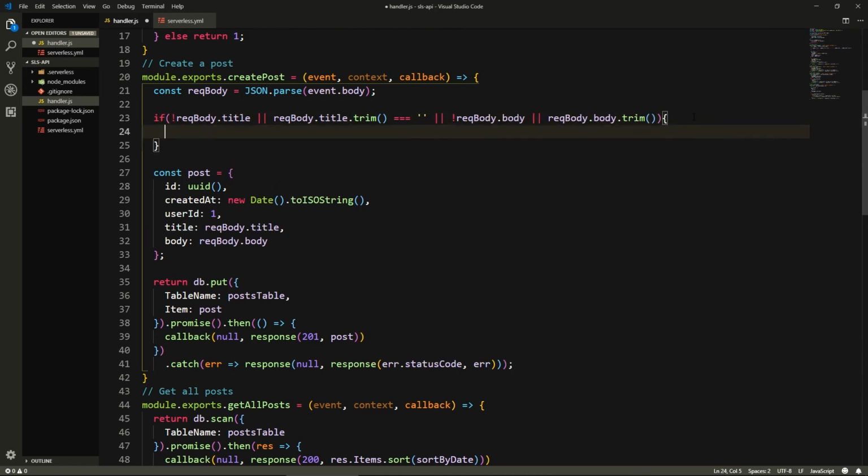So if we don't have a title property, or we have it but it's empty, or we don't have a property of body, or we have it and it's empty,